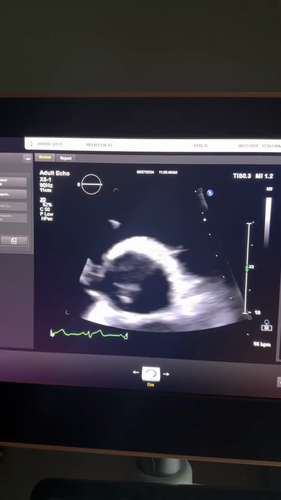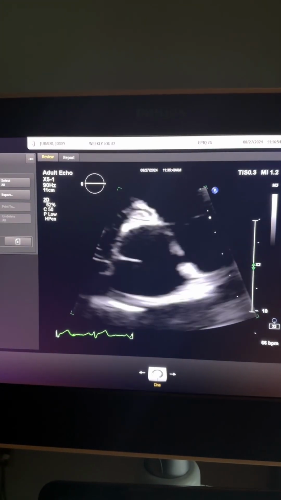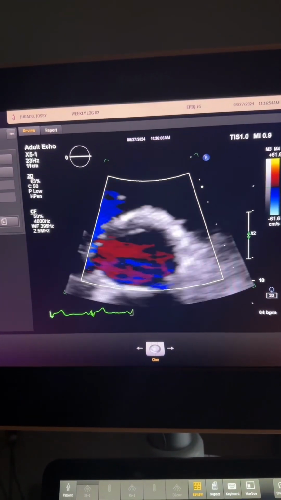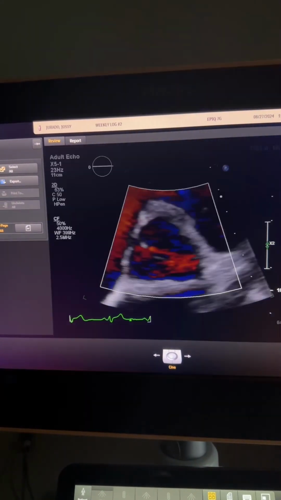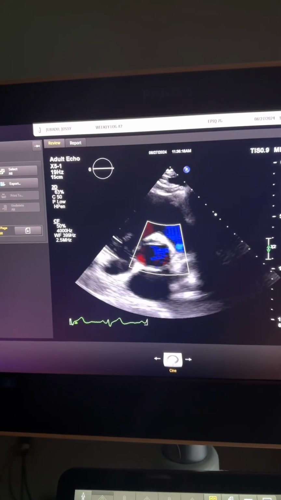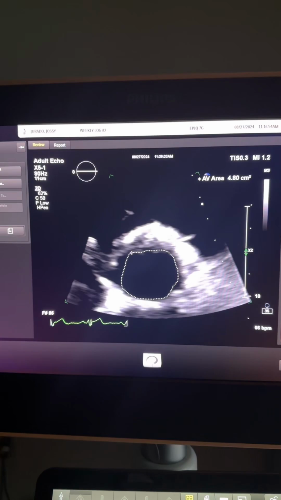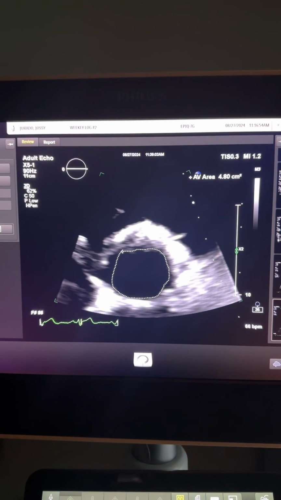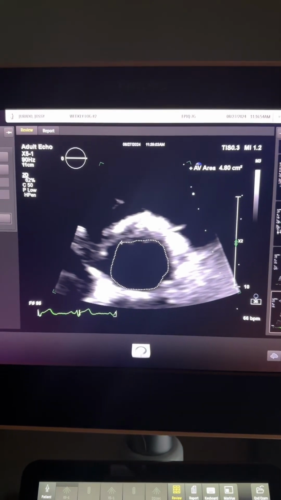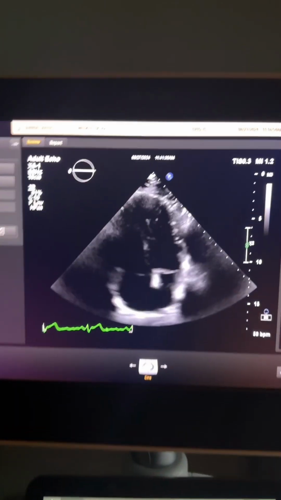I took a zoom view of the aortic valve with color Doppler as well, both in zoomed and not zoomed view. I then completed my planimetry measurement in zoom view of the aorta. I moved into apicals,